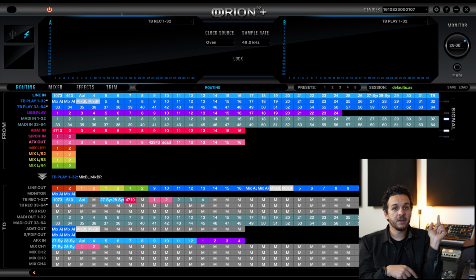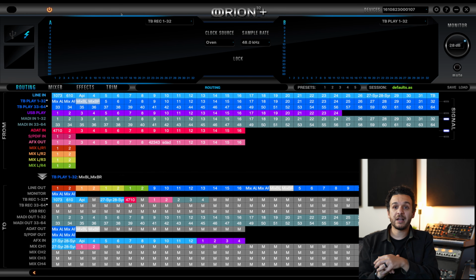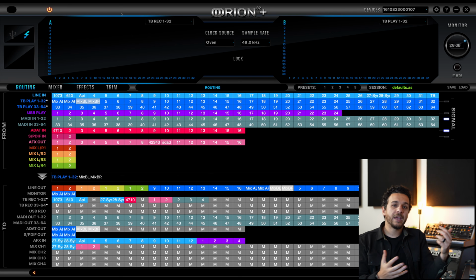ADAT input 2, I'm hearing mix B. And then in my DAW, I will grab that stereo audio channel, I'll send that to mix A, and I'll grab a different song and I'll send it to mix B, and then I can A-B between stuff. That's really cool because it allows you to A-B between mixes, it allows you to A-B between, I use analog